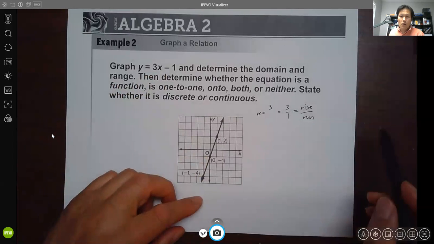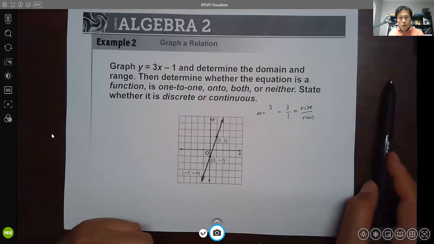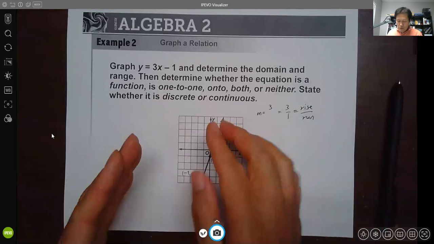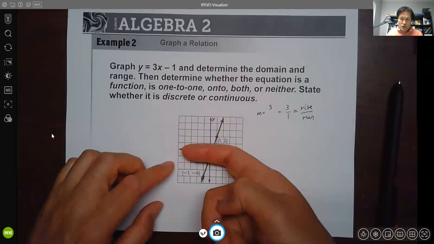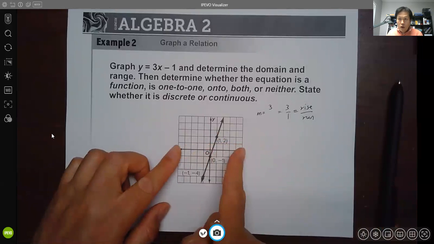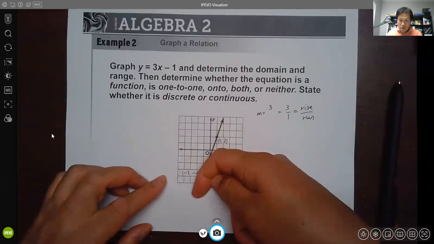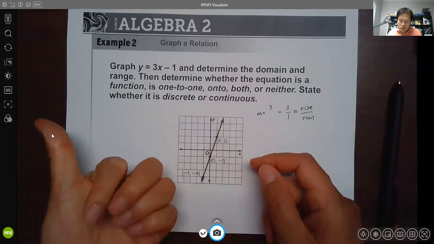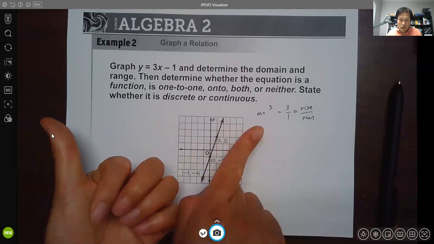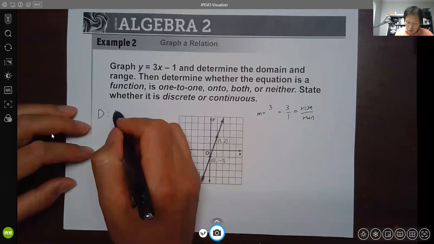Domain means all possible x values. So you're looking at the graph, at how far to the left the graph reaches to how far to the right the graph reaches. If you look at this graph, it keeps going down, also keeps going to the left. It keeps going to the left forever. What about to the right? It keeps going to the right forever too. So the domain should be all real numbers,